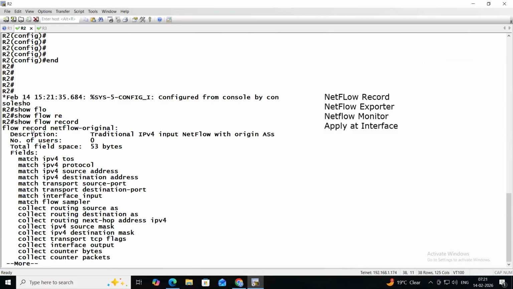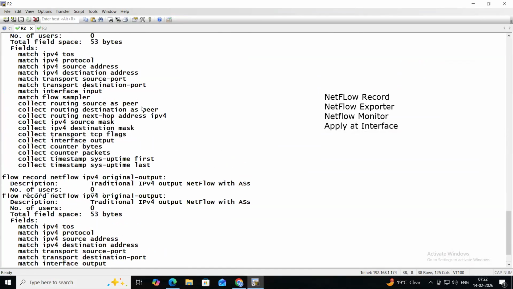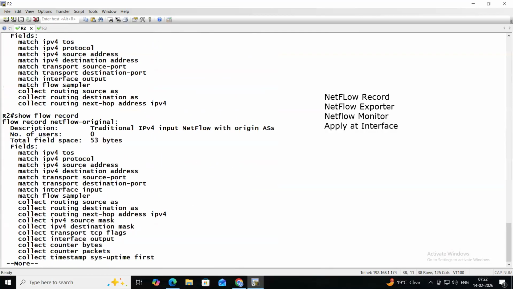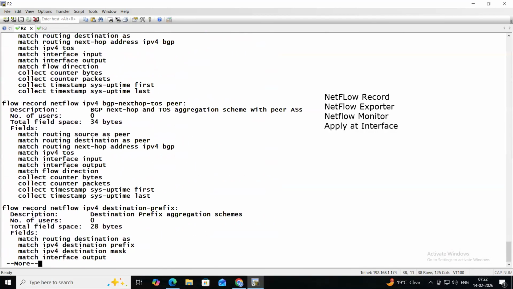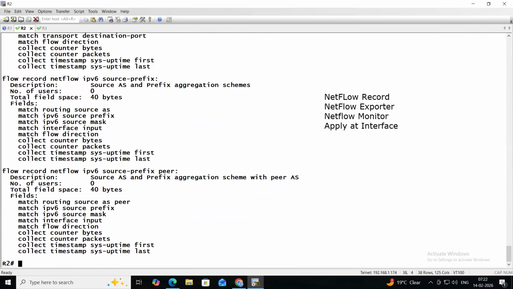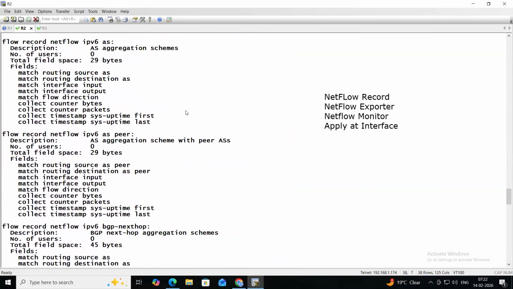The name here is given as flow record NetFlow original. And in this, see guys, there is a huge list. Understood? If you want to see the list properly, keep pressing the space bar here. And now if you see from up to down,